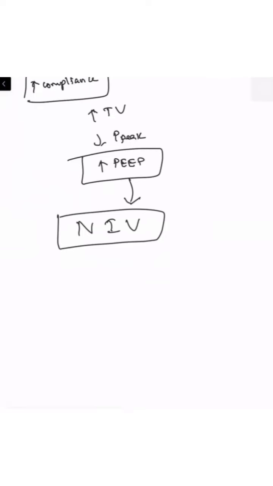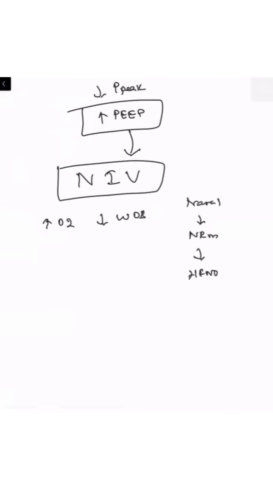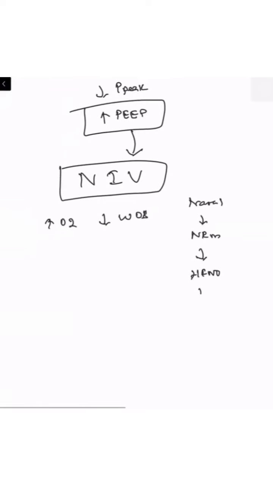During our previous session, we discussed the oxygen delivery devices. So in order to improve the oxygenation and decrease the work of breathing, we have upgraded from the nasal mask to NRM, from NRM to HFNO. Even if the patient is not able to control the work of breathing, we can switch over from HFNO to continuous positive airway pressure.